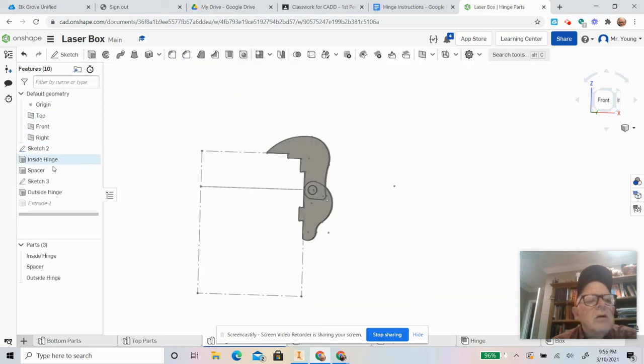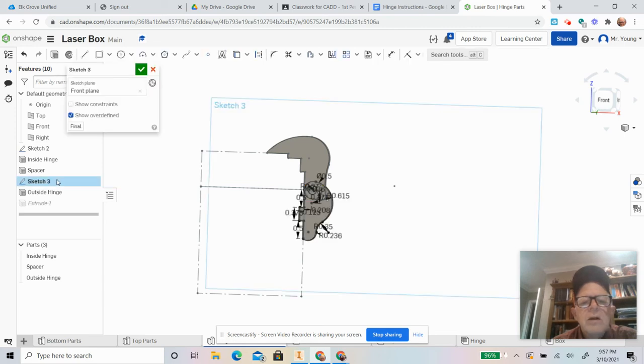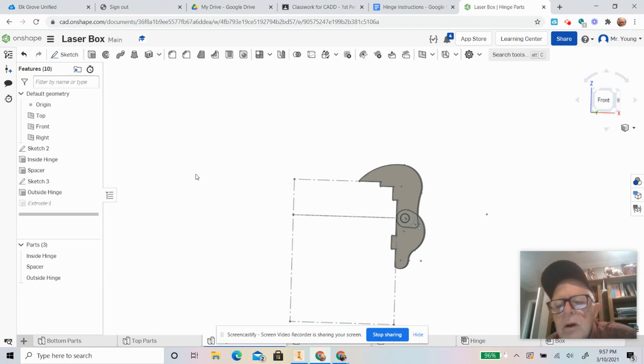Then your spacer, we just extrude the hole itself, but then you make sure you click New so you get a separate part, not Add, but New. And then the outside is this sketch here. Okay, so that's your shape. Once you get your shapes on here,